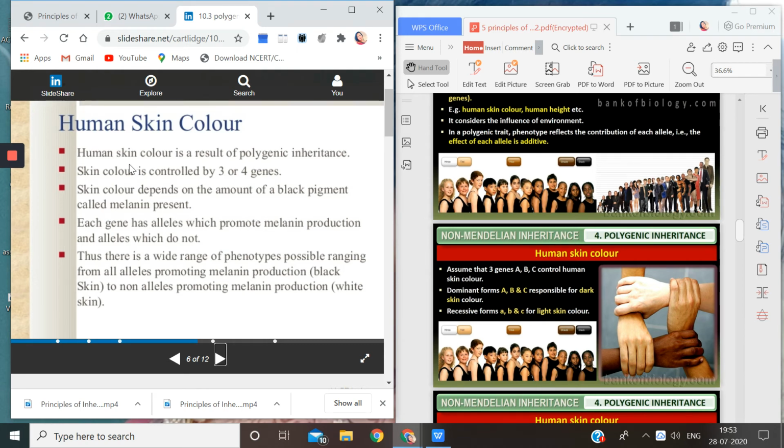Now suppose let me take my case. Suppose there are 3 genes, gene A, gene B and gene C, and each of them is having two alleles. Similarly, you are also having 3 genes A, B and C. Now my gene A has 2 alleles and both of them produce melanin, but B and C do not produce. B and C are having alleles which will not produce melanin. So in my case, out of 6 alleles, only 2 will produce melanin. So I will be fair.